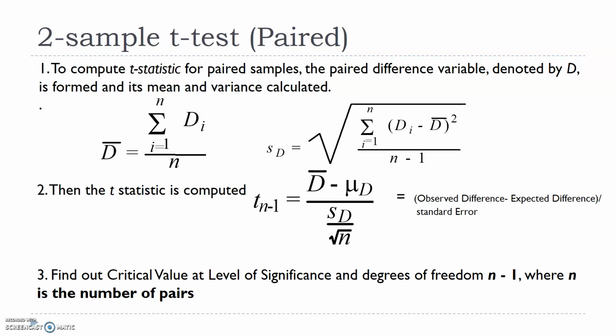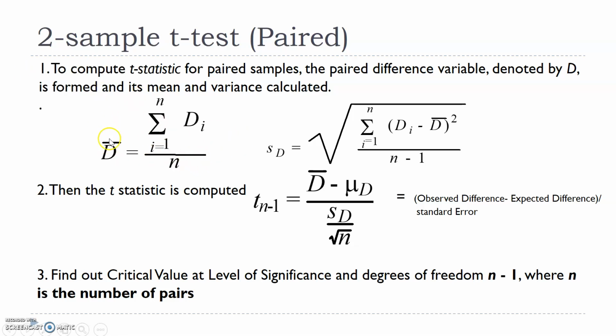So for each respondent, I'll collect that difference level, right? So that's what it means by D. It is actually similar to a one sample t-test. The only thing that is different from a one sample t-test is that here we are measuring the difference. In a one sample t-test, we measure the values which we get. Here, the extra step is that we are measuring the difference.